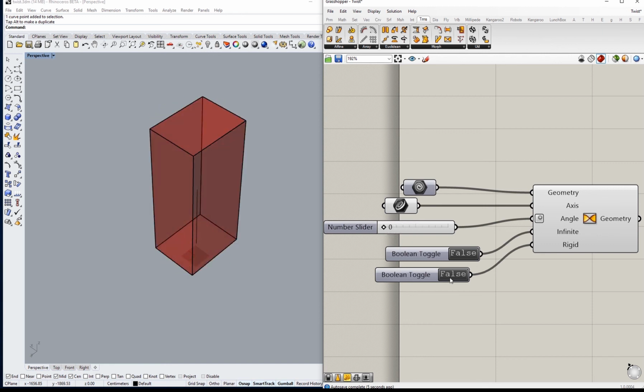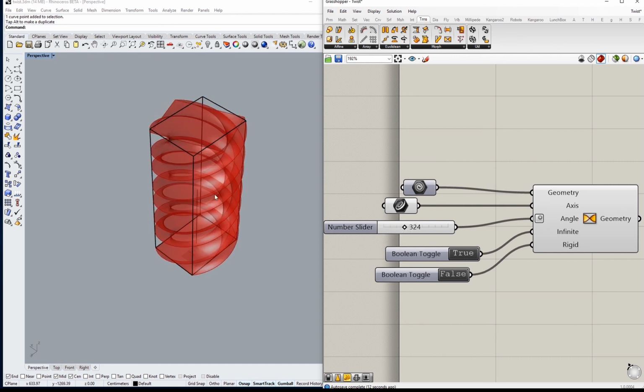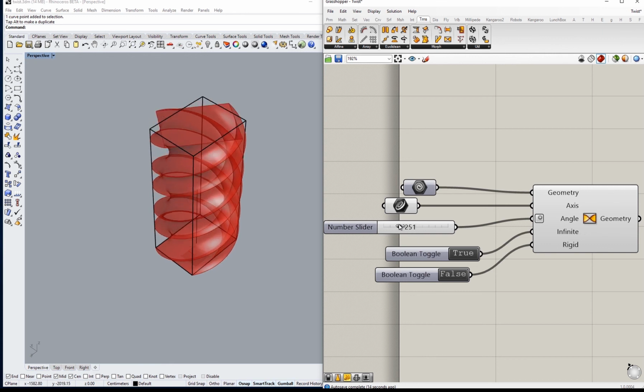So if I have this on false and look at this, here the twist is only happening on the length. If I had this on true, it's going to be happening on the whole geometry. So if I go back like that,